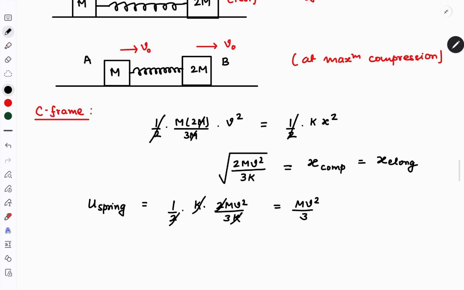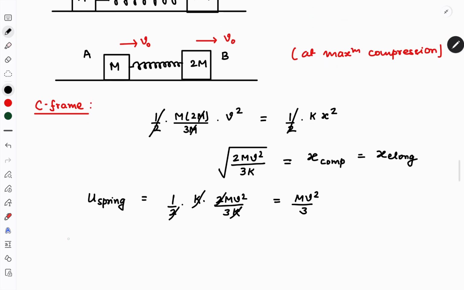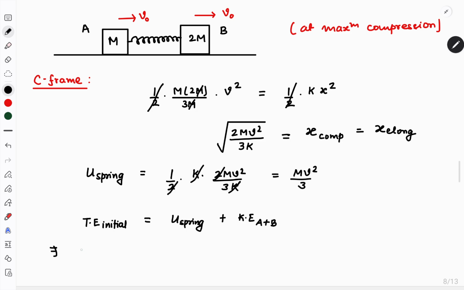The total energy initial was equal to half mv square, which was acquired by block A. So over here we can say that the total energy initial is converted into potential energy of a spring and kinetic energy of A and B combined. Then we can definitely say that the initial energy, half m v square, is stored as spring energy, which is equal to mv square by 3, plus kinetic energy of A